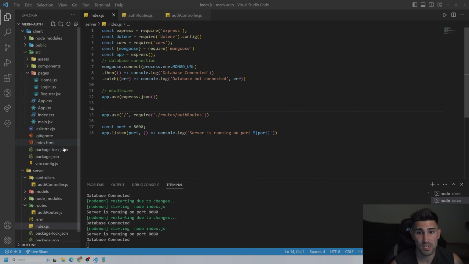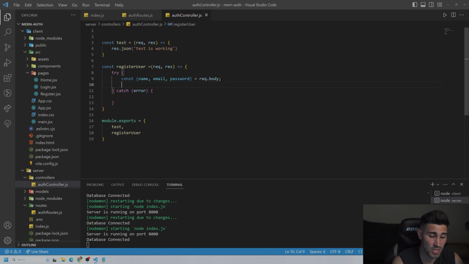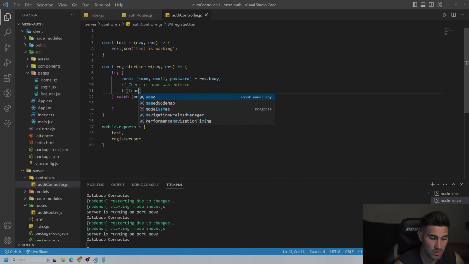But we are going to go inside of our auth controller again. And we have the request body, so we have this information that comes in. What I want to do after this is a few checks. This is where our front end and back end are really going to play an important role. We're going to do checks to make sure everything is working correctly. So check if name was entered. That's the first thing I want to do. I want to make sure they actually typed in their name, because if they didn't, we should throw an error at them. To do that, we're just going to say if there is no name,